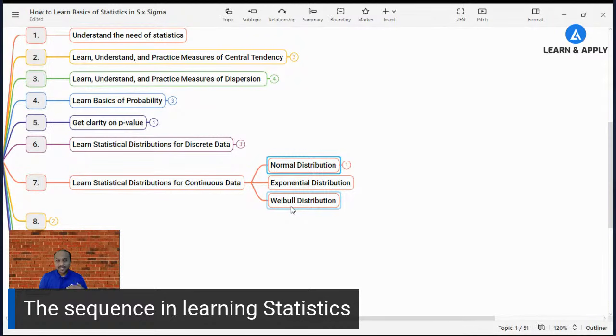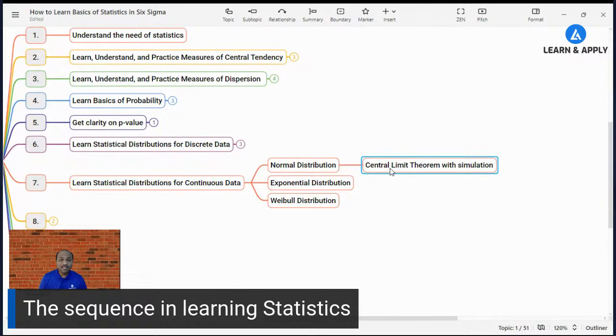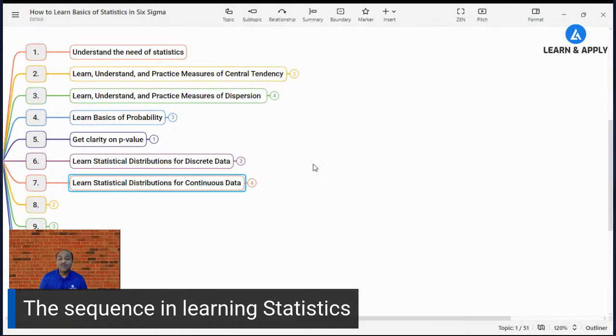So in this step, just learn these important statistical distributions for continuous data. When you are learning the normal distribution, you must be aware of the central limit theorem with simulation. Understanding of the central limit theorem is very important in these 7 steps. Whenever we are dealing with the normal distribution, you must be aware of the normality test, the central limit theorem, and what are the various assumptions or properties of this